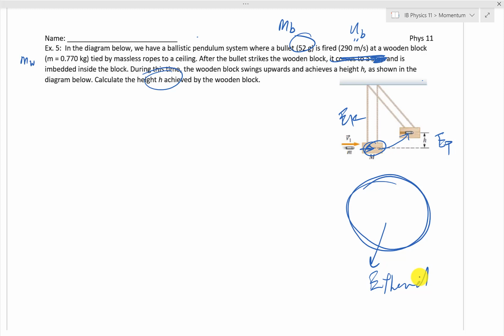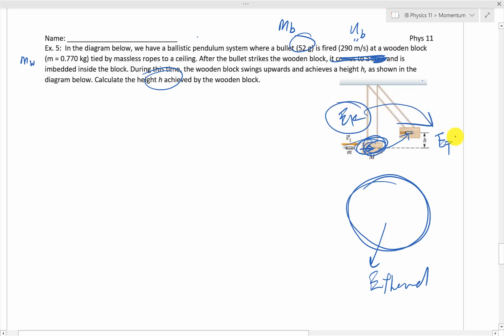There's so much energy being lost from this system that we cannot trace. Because the system loses that energy, not all of the kinetic energy will be converted to potential energy at the end. So conservation of energy is not going to work here, because there are joules of energy that we can't trace